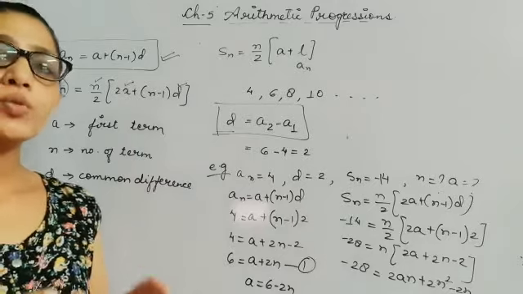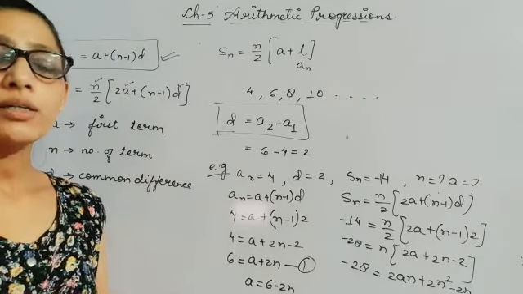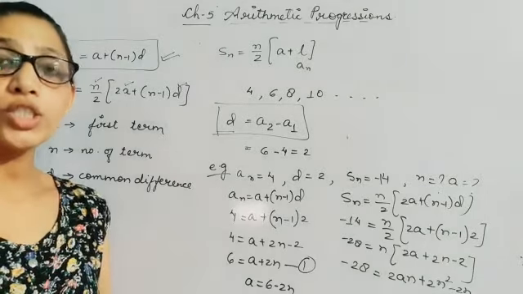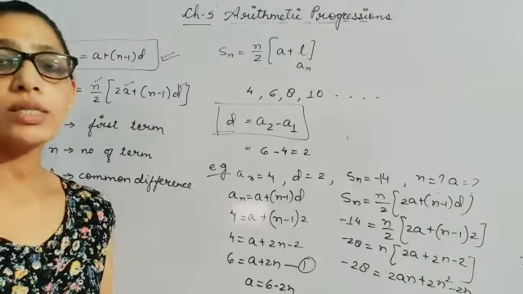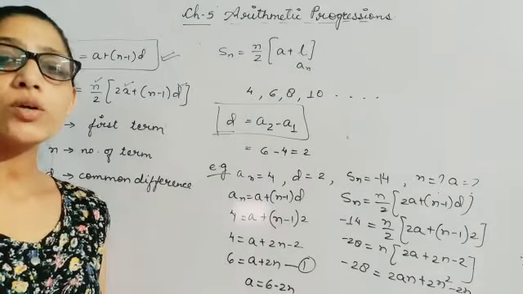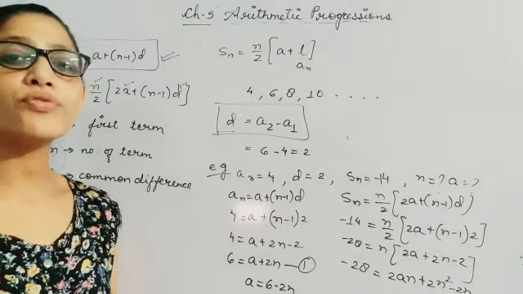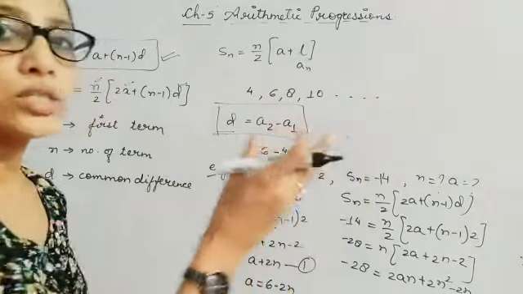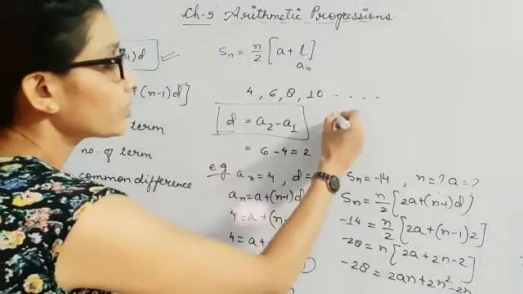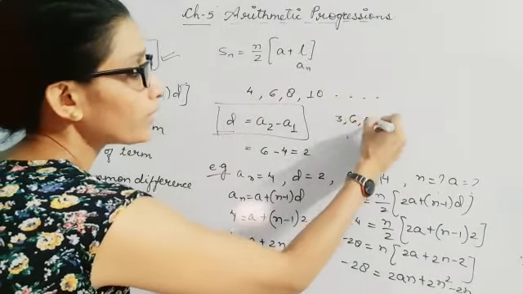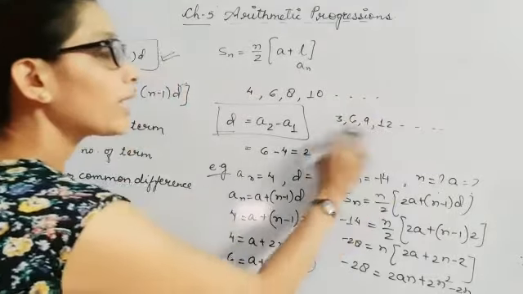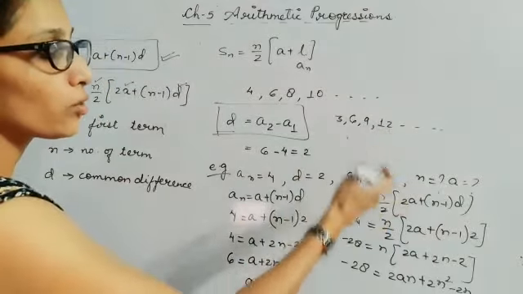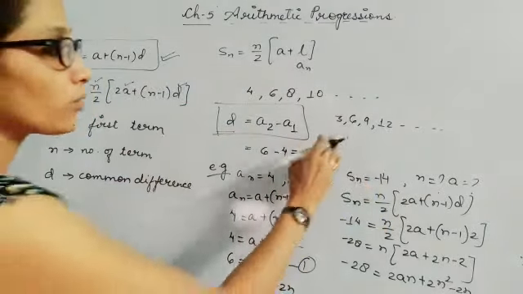Children, in this chapter you will be given questions like how many multiples of 3, or how many numbers are there which are divisible by 3 or multiples of 3. So first you need to frame the progression yourself. If it is divisible by or a multiple of 3, then I will frame the progression first, and then I will calculate my a1. This is a1, a2. I can calculate d. If the sum of 10 or 40 terms is to be calculated, then I will apply this formula.